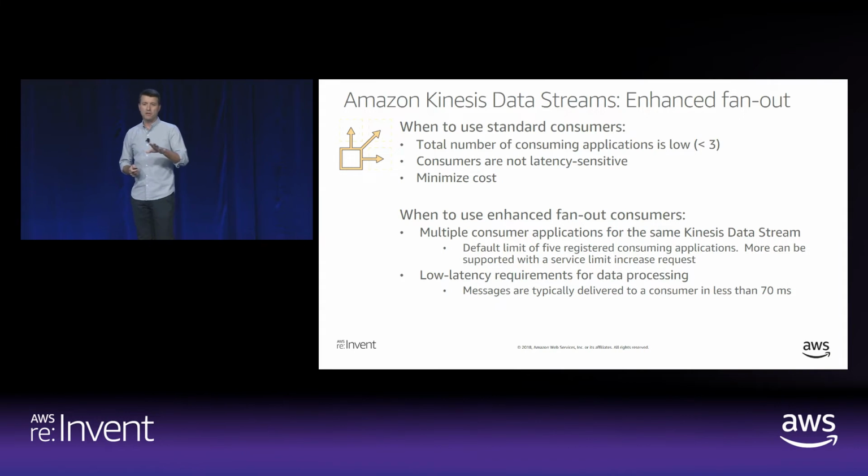And it's also going to be cheaper. There are cost dimensions with the enhanced Fanout feature. So we will charge you for those pipes, these EFO pipes on the previous slide. And there's a per gigabyte data egress now in that model. So it's cheaper to use the old consumers, which is why if you have very few consumers with low latency requirements, use the old way.